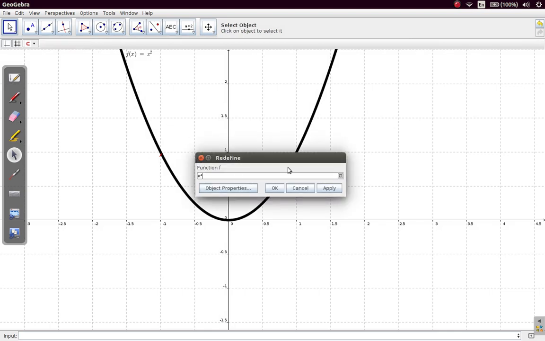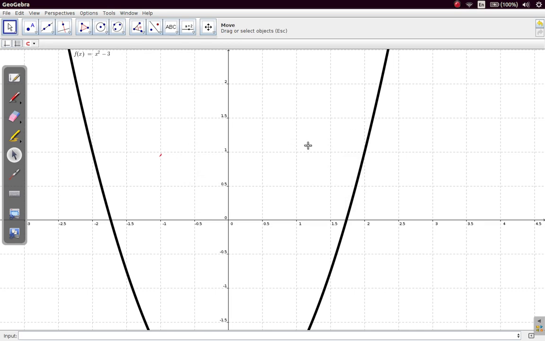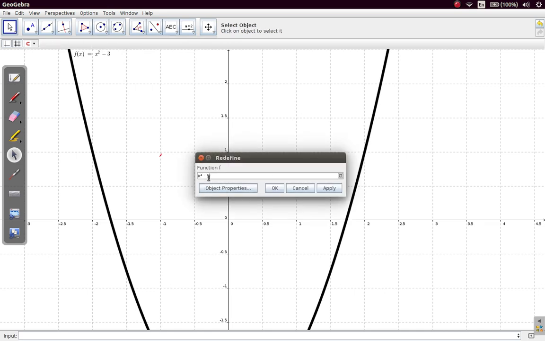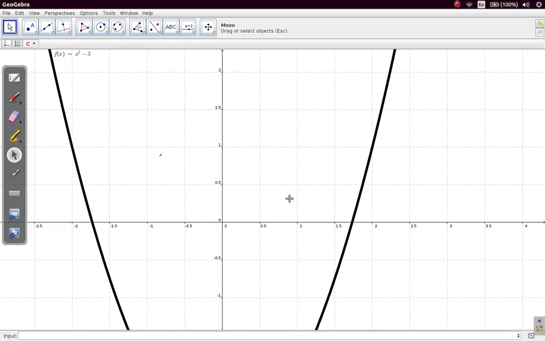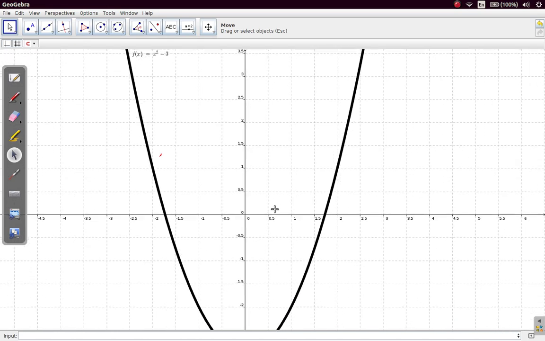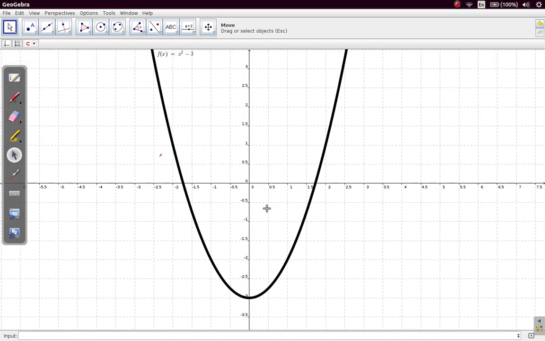Suppose we make this graph, x squared minus 3. It should be y equals x squared minus 3, and we zoom out. Now again, the axis of symmetry is this line, and it still cuts the graph in two at x equals 0. Let's see why. y is equal to x squared minus 3